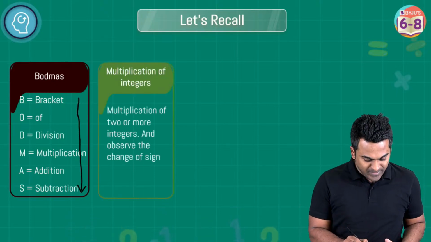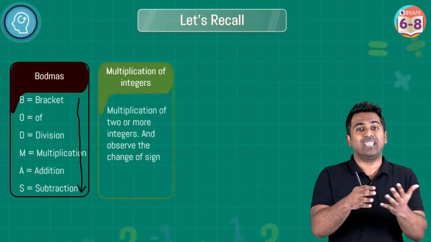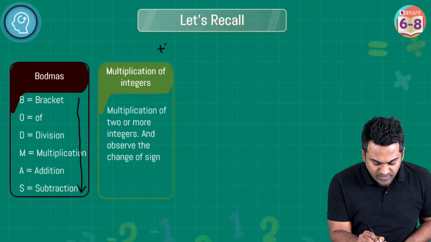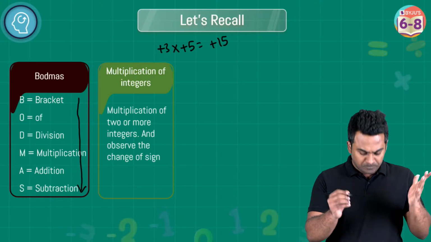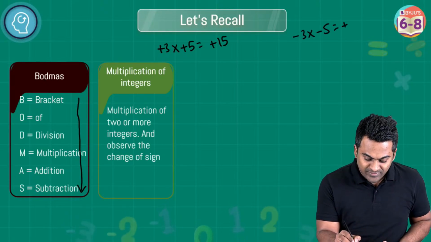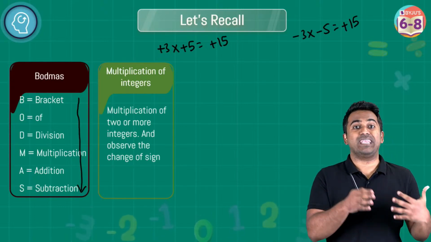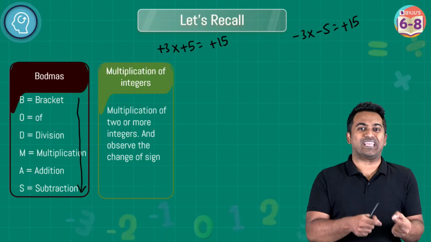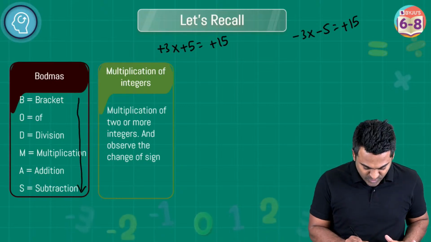Awesome. So after BODMAS, multiplication of integers. Now I'm sure you guys know that there are negative integers and there are positive integers, right? So when you multiply two integers, let's say a positive integer with another positive integer, the result is going to be positive, right? And if you multiply a negative integer with another negative integer, the result is again going to be positive. So positive multiplied with positive is positive, negative multiplied with negative is also positive, but when you multiply a positive with negative or negative with positive, order doesn't matter, the result is going to be negative. Yes, so this is also pretty simple.